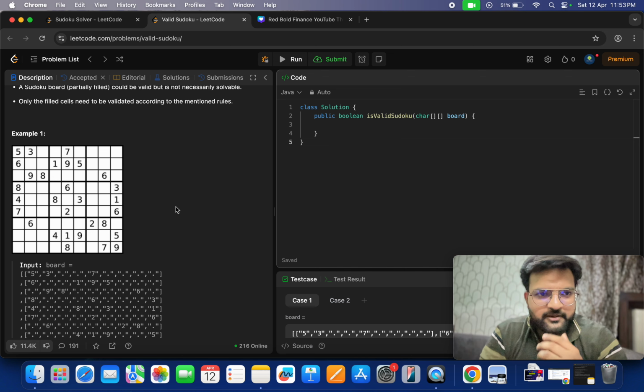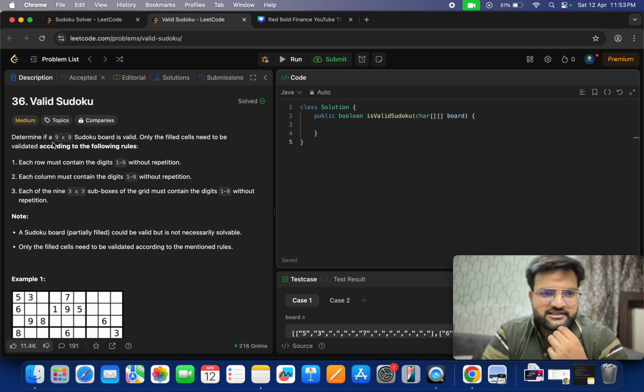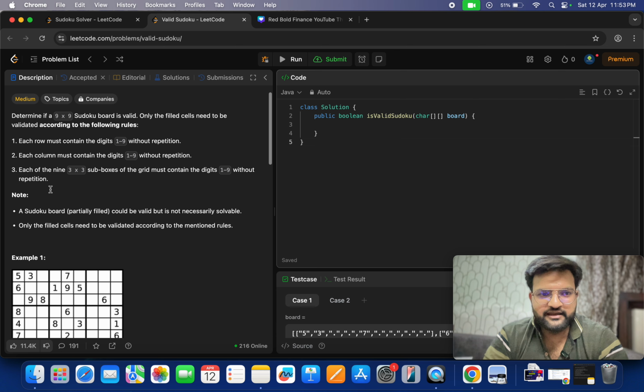Going to solve this problem, valid Sudoku, with another method. As I told in my last video, I solved this problem using only for loops. In the last solution I solved this problem using a hash set. So now, what is the question saying? We have a 9 by 9 board with characters, and each row